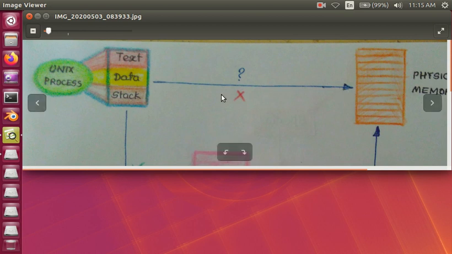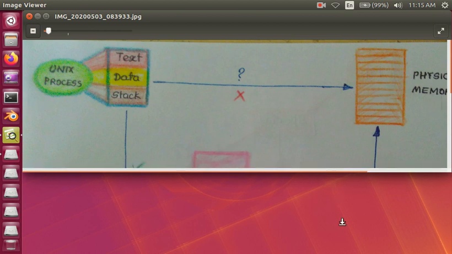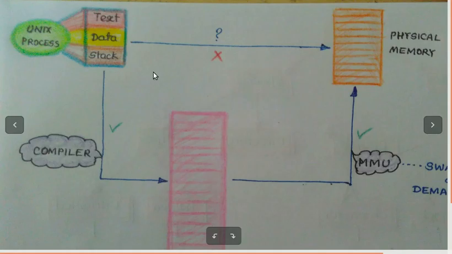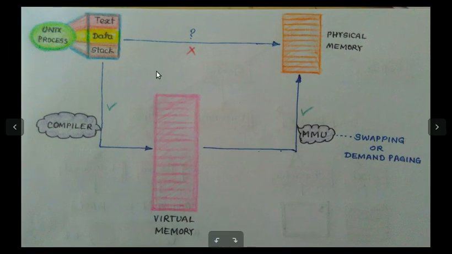Why? Because if the machine treats the addresses of multiple processes in physical memory, it would not be possible to execute more than one process concurrently, and therefore the compiler comes into the picture, and the compiler generates addresses for a virtual address space. See, and actually this is how the overall memory allocation will be done for the process.